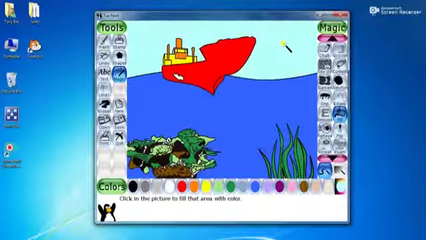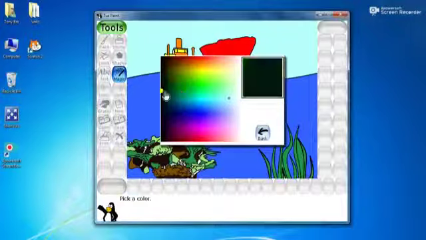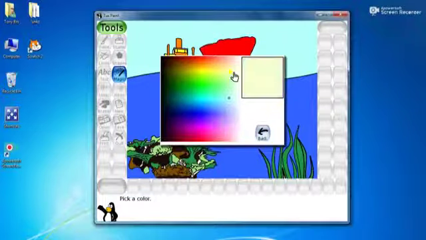For sky I will select some cool color. That's it. See that, students? So it's very simple. Select the suitable tool and select the appropriate color from the color box, and you can even set your own desired color.